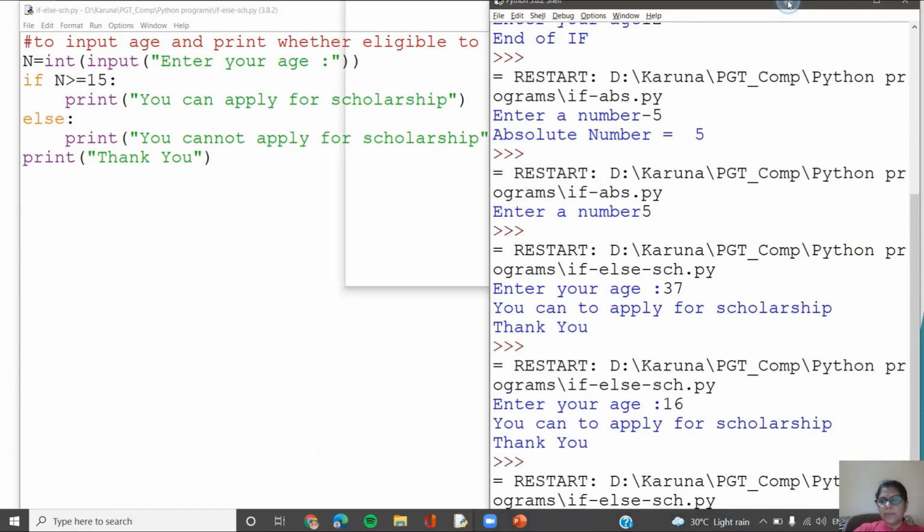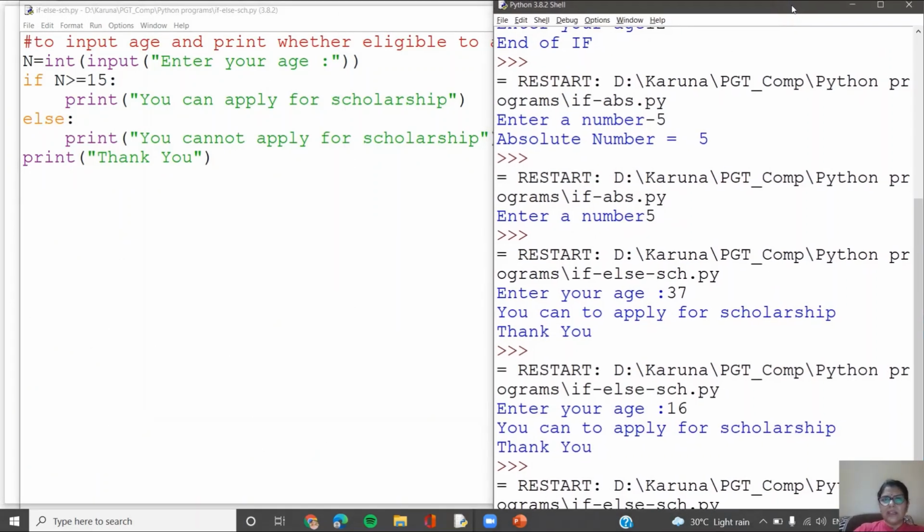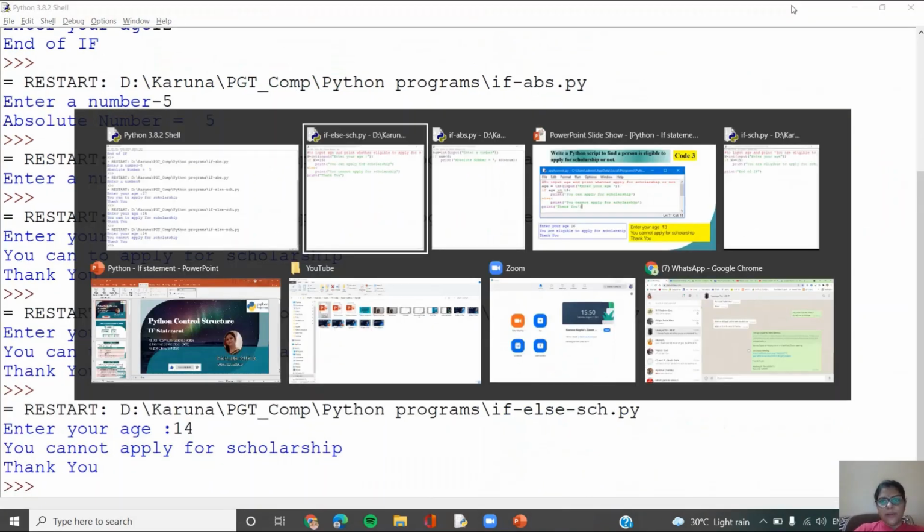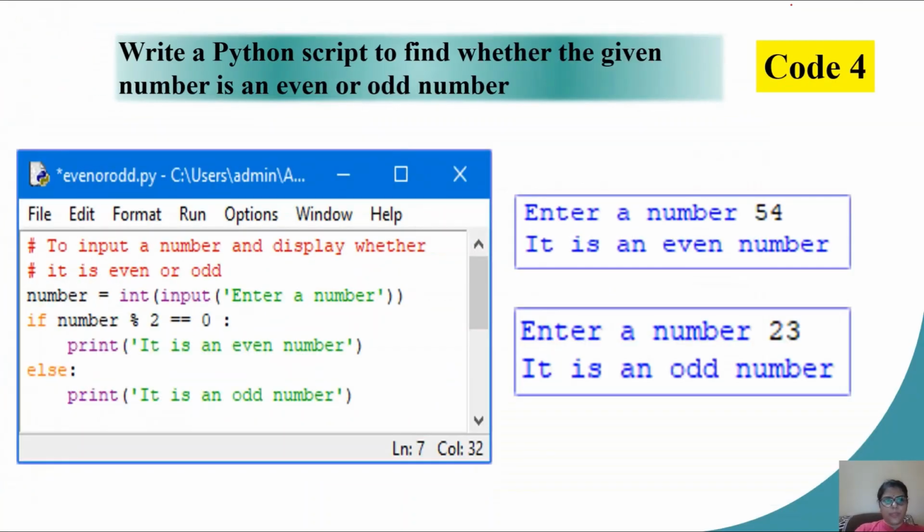I hope, children, these simple programs are easily understood. Let us move ahead. Next I write a Python program to check whether a given number is even or odd. This is again a very common, very frequently asked question. I simply need to take the input using the int input statement.